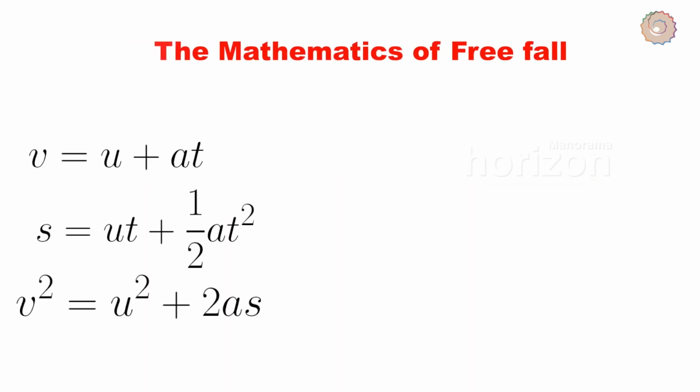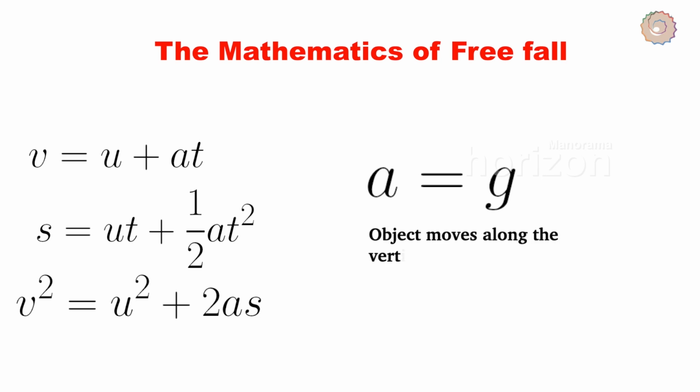The mathematics of free fall. In the previous chapter, we determined 3 equations of motion in one dimension. Here we will make the following assumptions. The object moves only under the force of gravity, which means that acceleration is equal to small g at all times. Second, the object is confined in its motion to the vertical axis. And for mathematical clarity,